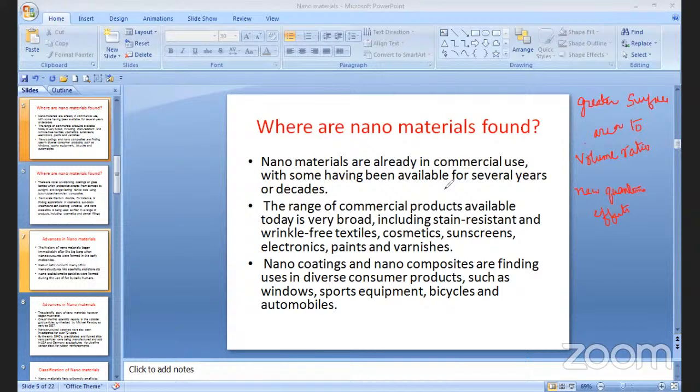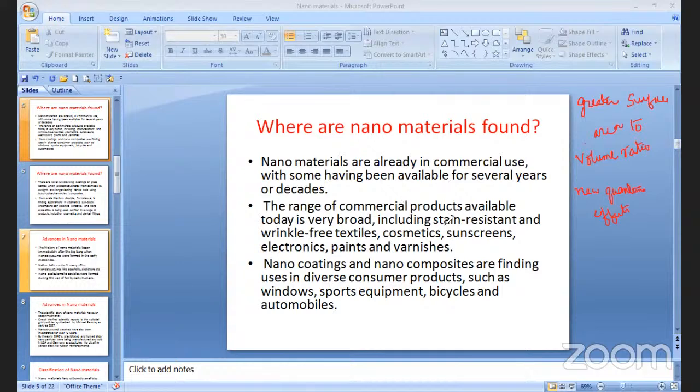They are already in commercial use, with some having been available for several years or decades, some 10 to 15 years before the commercial usage of these nanomaterials. The range of commercial products available today is very broad, including, as we already said,